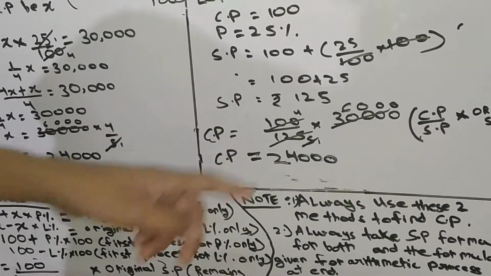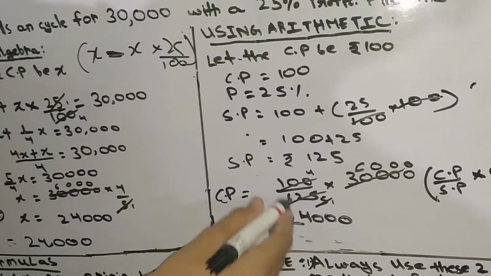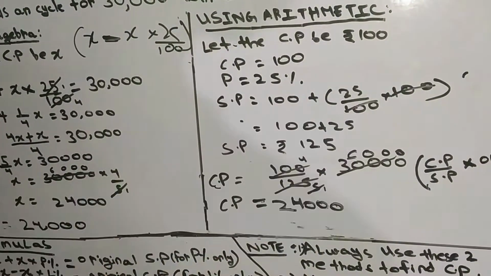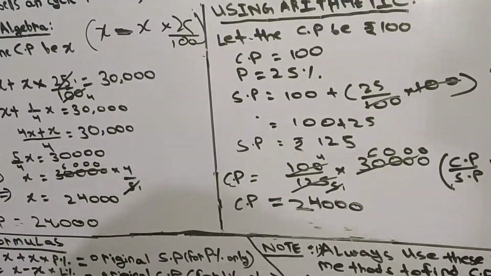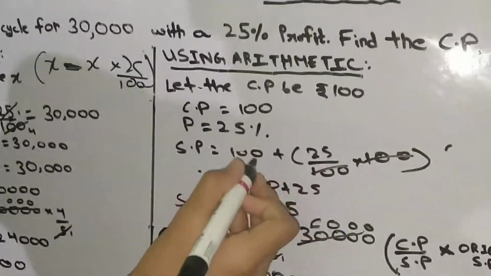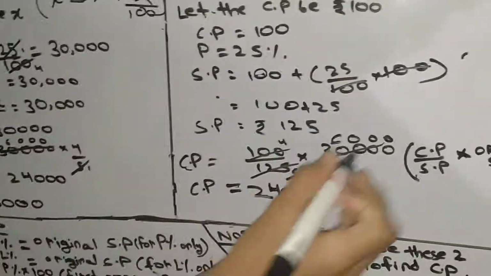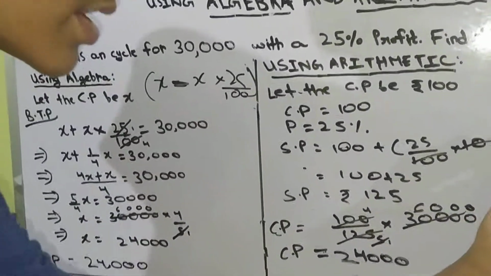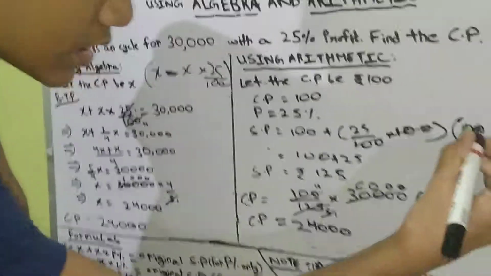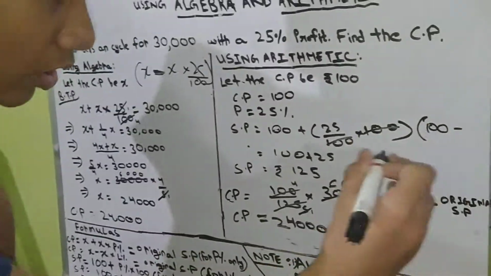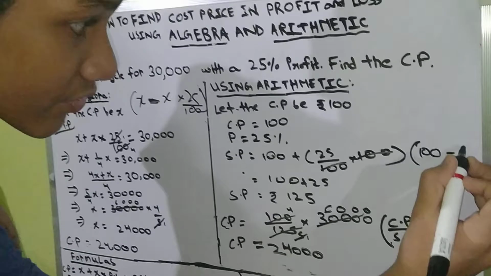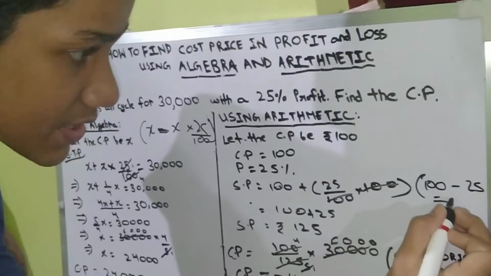Cost price is 100, so the selling price which is 75, 100 by 75 into 30,000. Thus the vice versa, like given. I am representing now. It would be just the vice versa, like 100 minus only for loss this would have been possible. 100 minus 25, which is 75.